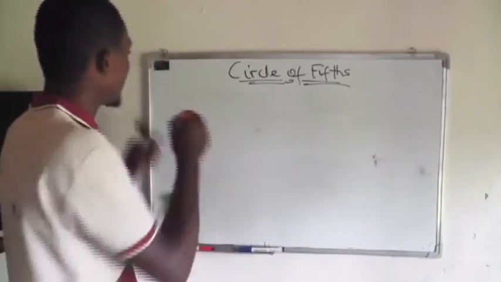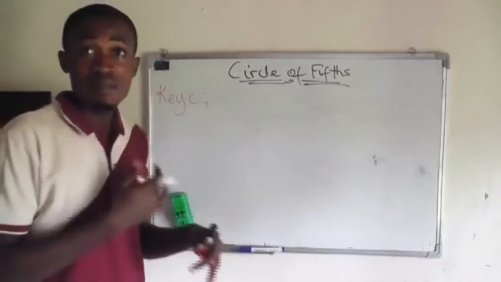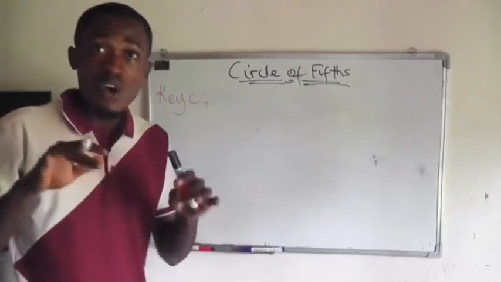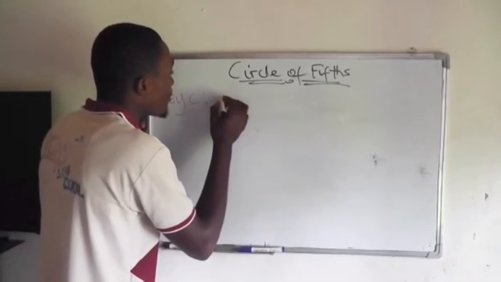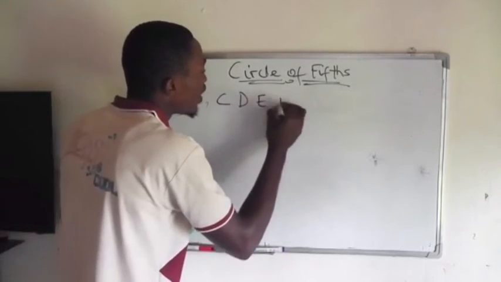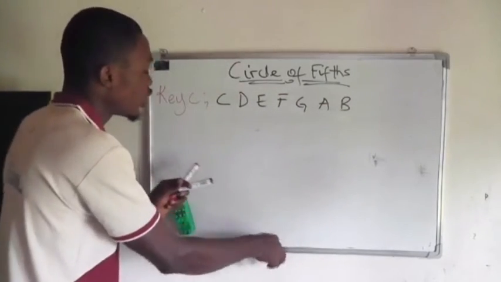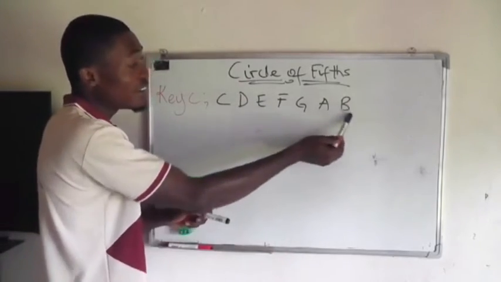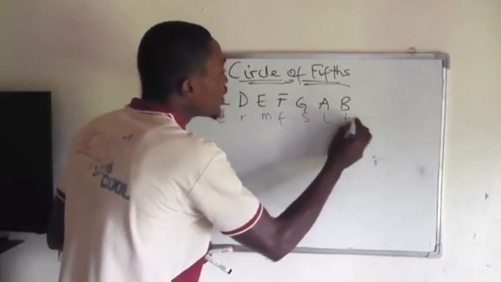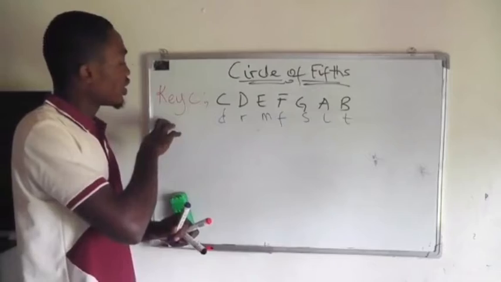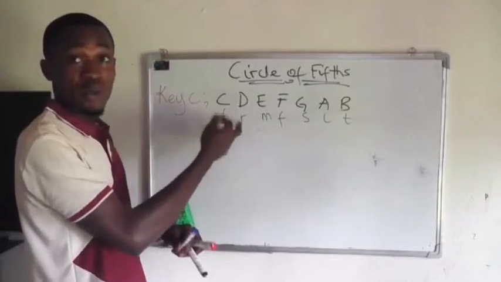Okay, now let's consider this. When you are playing in the C major scale, that is, you are running your sol-fa notation on key C, C is going to be C, D, E, F, G, A, B. So this is going to be Do, re, mi, fa, sol, la, ti. Do, re, mi, fa, sol, la, ti. So in your C major scale, C represents Do, D represents Re, and all that.